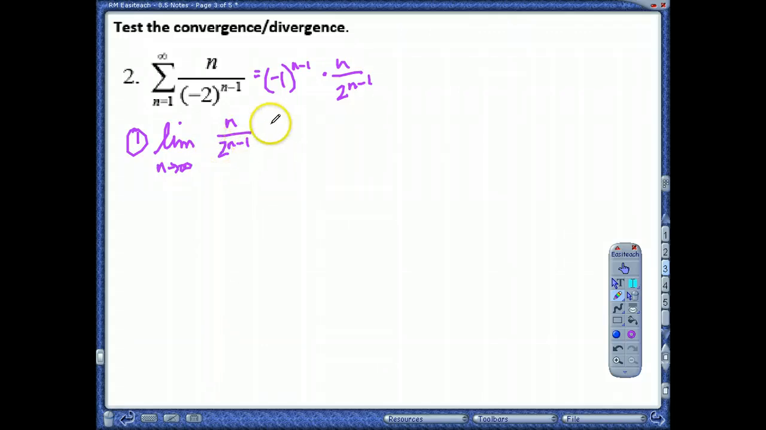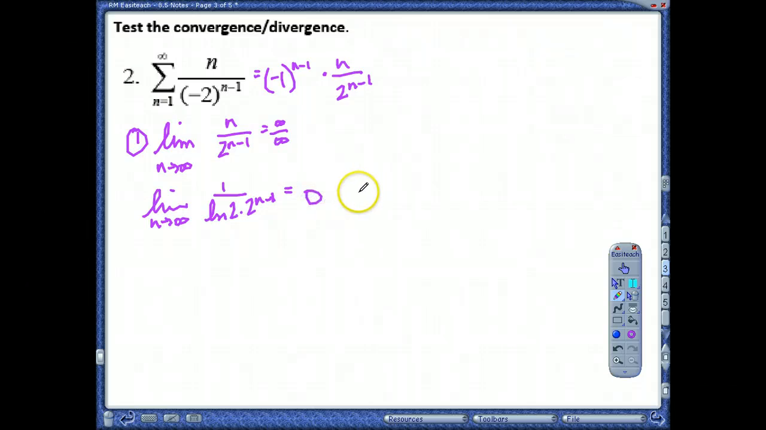Well, if I look at the infinity, I'm going to get infinity over infinity. So I take the derivative. I'm going to use L'Hopital's rule. Well, the derivative of n is 1. The derivative of 2 to the n minus 1 is natural log of 2 times 2 to the n minus 1. Now when I plug that in, I get 1 over a really big number. That's going to 0. Okay, so by L'Hopital's,